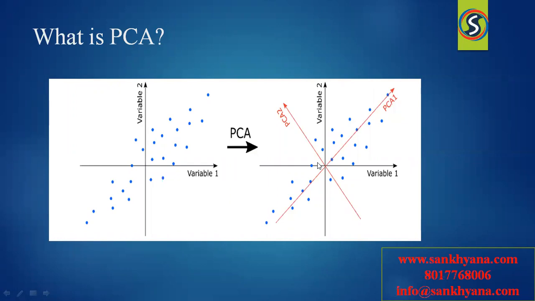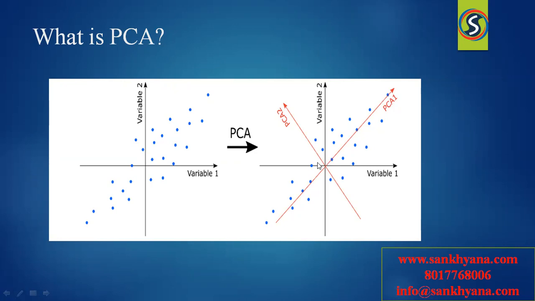Hello, here I'm telling you about the PCA algorithm in machine learning. Basically, PCA means principal component analysis. By using this principal component analysis, we can reduce the dimensionality of the data. If we have 1,000 features, just assume you have 1,000 features, so that is a large amount of data. We need to reduce that much data into a smaller number of features. That is possible with the PCA.